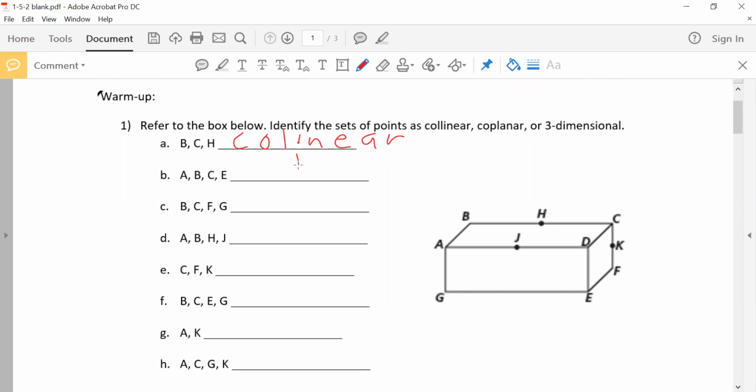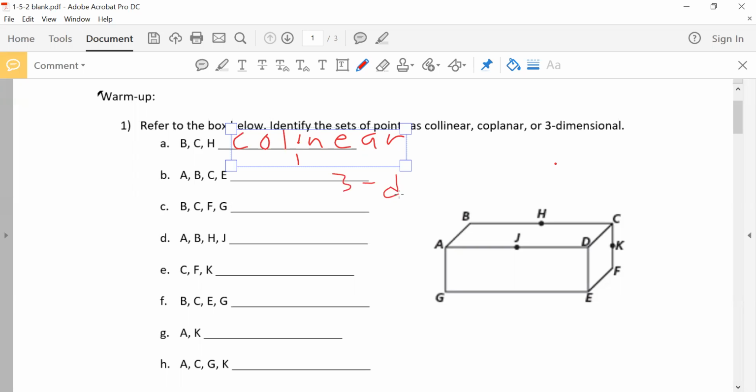Okay, the next one, it says I. Collinear. Oh, that's as good as I can do. Next one, it says A, B, C, and E. A, B, and C are all on the top of the box. However, E is down at the bottom. Therefore, those 4 points are